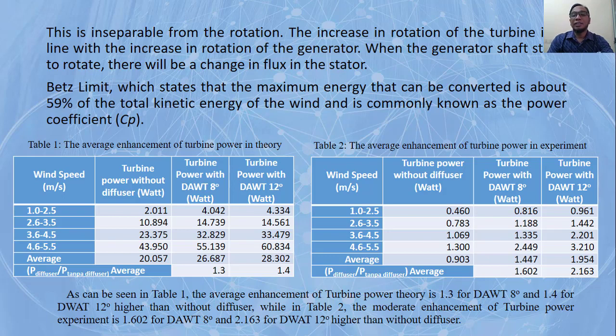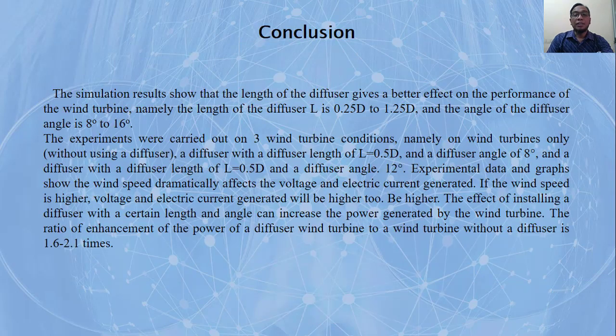And in the experiment the average is 1.602 to 2.163. So in our conclusion, the simulation results show that the length of the diffuser gives a better effect